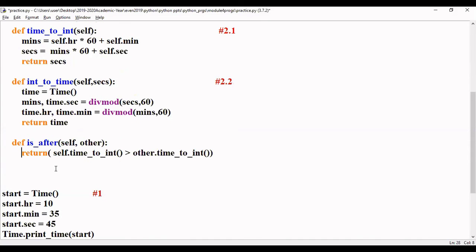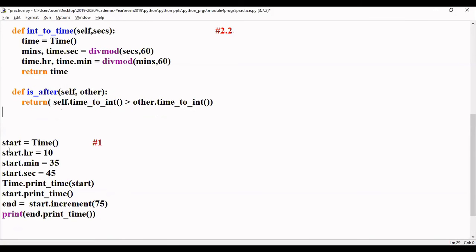Now see students, is_after is a method where I'm going to call both self and other. Both are objects. Now how to invoke this method from the main? There is a little difference here. I'll just call it from the main program.